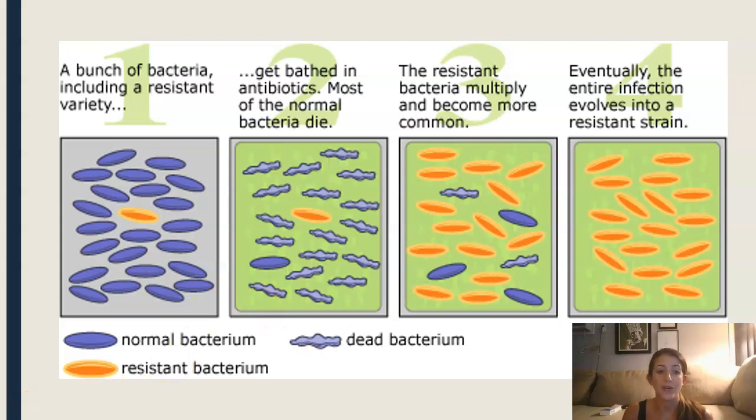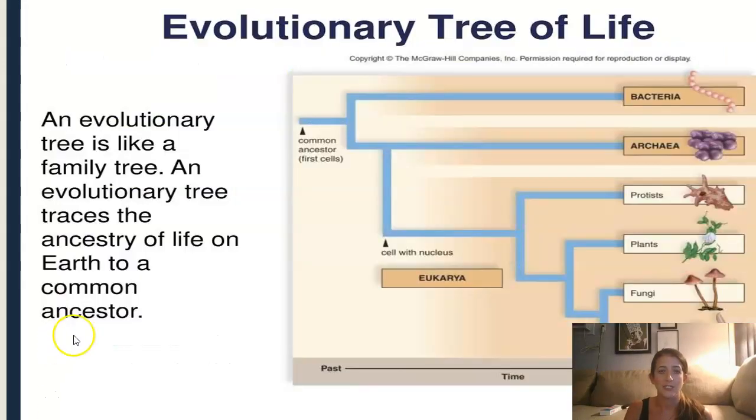What we're going to move on to next is what happens after these small changes continue to arise for millions and millions of years. We call it macroevolution, when there are enough of those small changes to create a new species. This macroevolution has kind of driven or organized how we think of species. Here you can see we have our common ancestor, and as you follow the blue line, we have these three major groups: bacteria, archaea, and eukarya. These are known as domains.